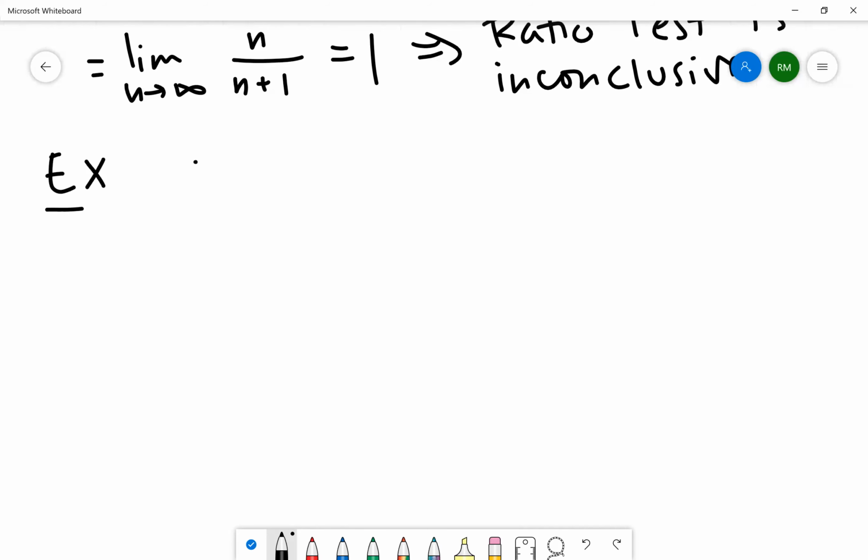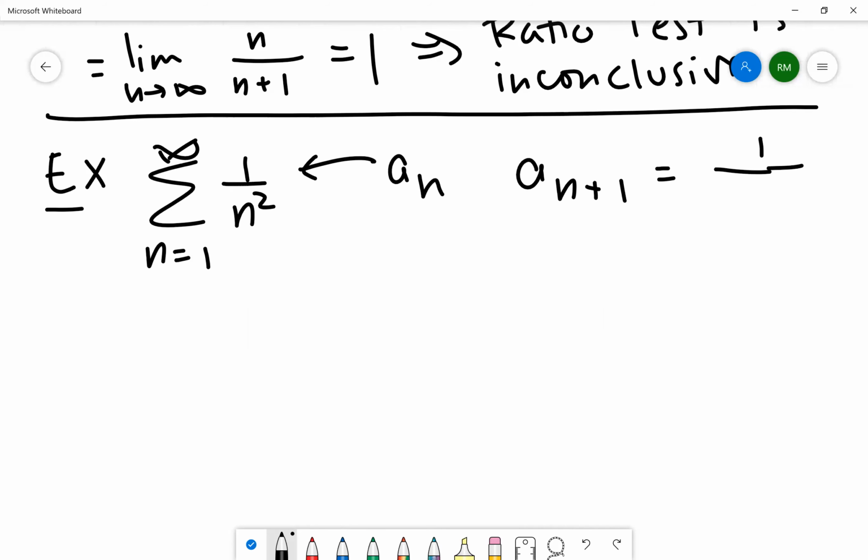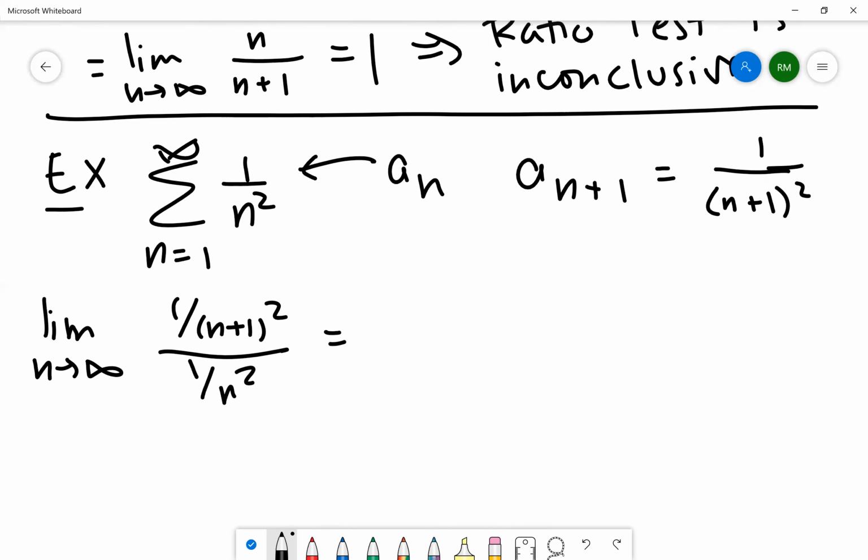All right, let's do another similar example. Except this time we're going to look at 1 over n squared. This is our an term, and an plus 1 is 1 over n plus 1 squared. So, like all of these examples with the ratio test, we take a limit as n goes to infinity of 1 over n plus 1 squared over 1 over n squared. And I'll skip a little of the algebra this time. We get n squared over n plus 1 squared,